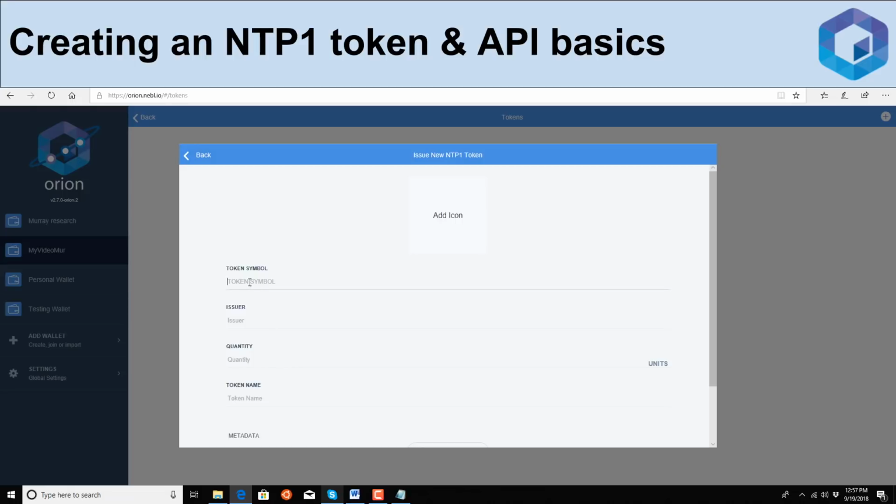Tokens have 4-letter symbols, so we'll call the token MURV. And one thing is, you can't reuse token symbols, of course, because those are symbols for tokens that would be on the main net or on the test net. So you're going to have your own name. Issuer, Murray Ruggiero. Quantity, let's generate 1 million tokens. Token name is going to be